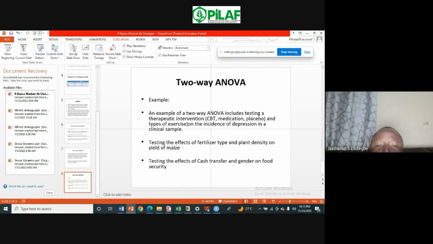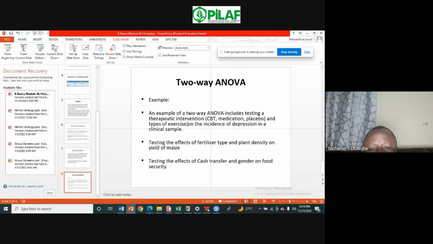Okay. Now, for the second example, you are testing the effect of fertilizer type and plant density on yield of maize. You're interested in testing the effect of fertilizer type that can be NPK, urea, and plant density, maybe area of high, area of moderate, and area of low plant density. And you want to see how fertilizer type affects yield of maize, plant density affects yield of maize, or even the interaction of these two factors. The interaction, for example, NPK used in high plant density location, did it produce higher yield compared to